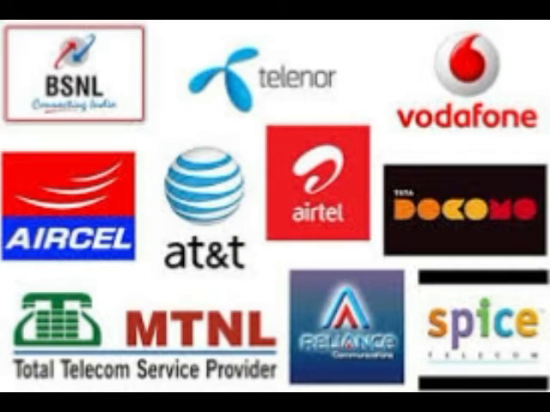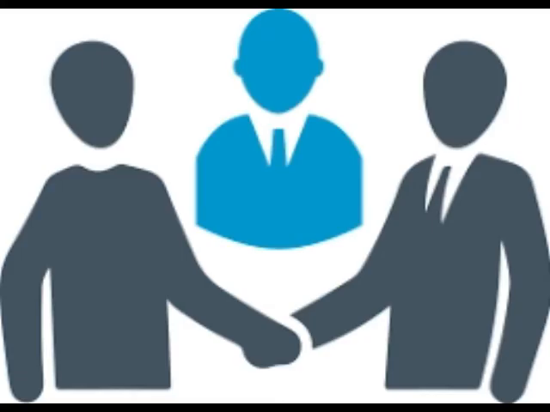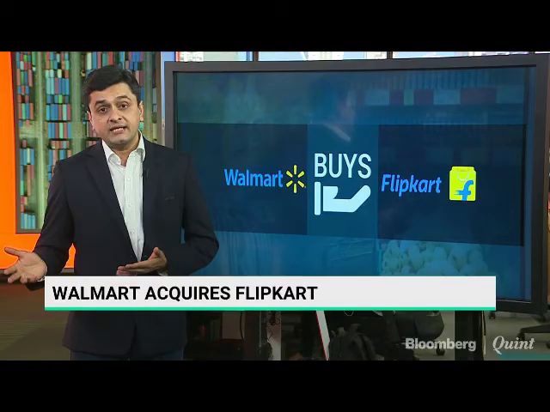Unlike in India, in China business strategies are made in consideration of both private and government sector. And if there is a conflict between two Chinese firms in the same market, then the government interferes to resolve the issue to avoid any destabilization in the market. For example, to promote their own brand Alibaba in e-commerce, they don't allow Amazon in their domestic market. Whereas in India, Flipkart was overtaken by Walmart.